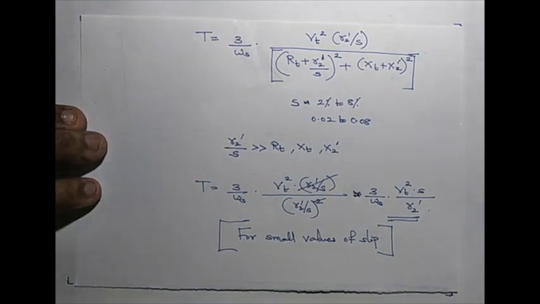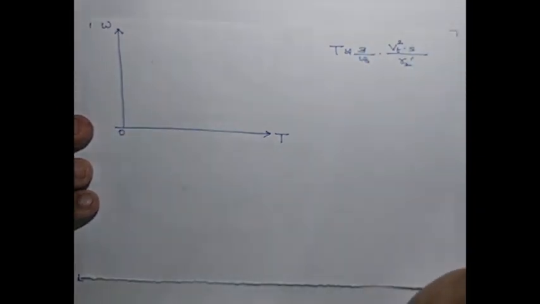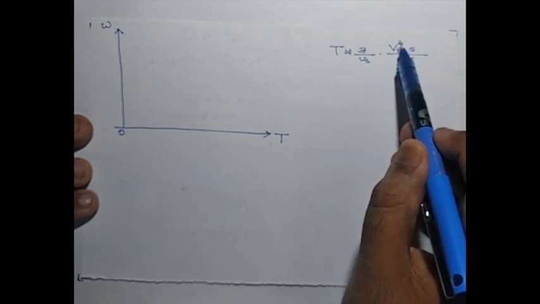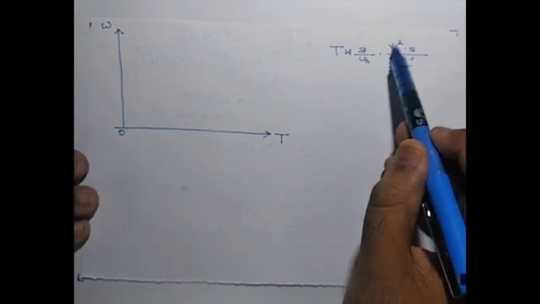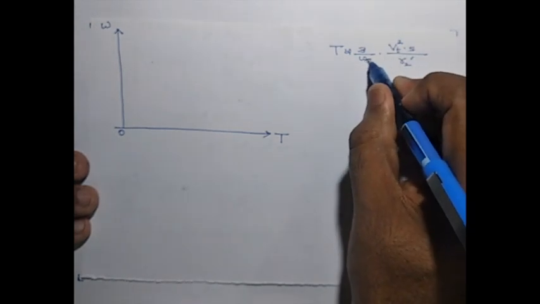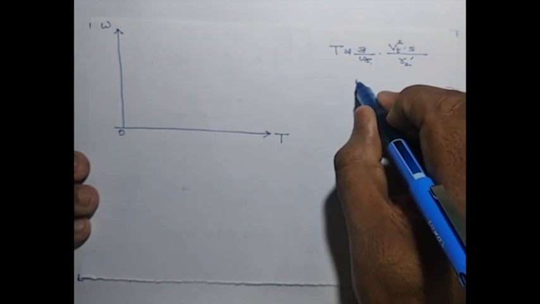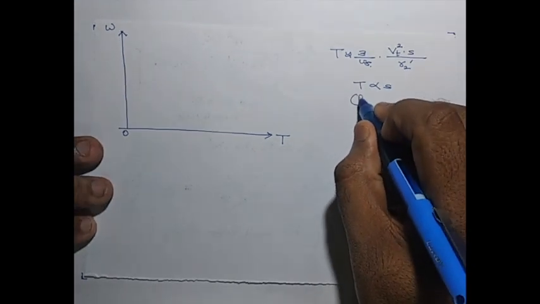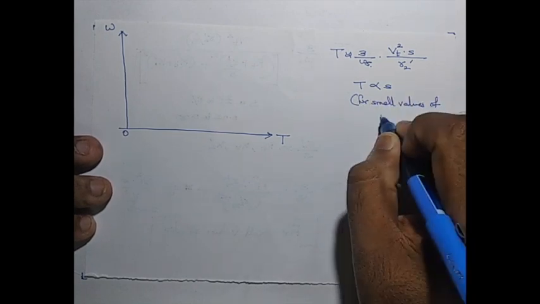So this is what we have seen. T is approximately this. Vt is the applied voltage, the grid voltage, which remains a constant. R2' is a constant. 3 and omega_s, the synchronous speed, remain constant so long as the frequency is constant. So all the terms are constant except for slip, or torque is proportional to slip. Remember, this is for small values of s.